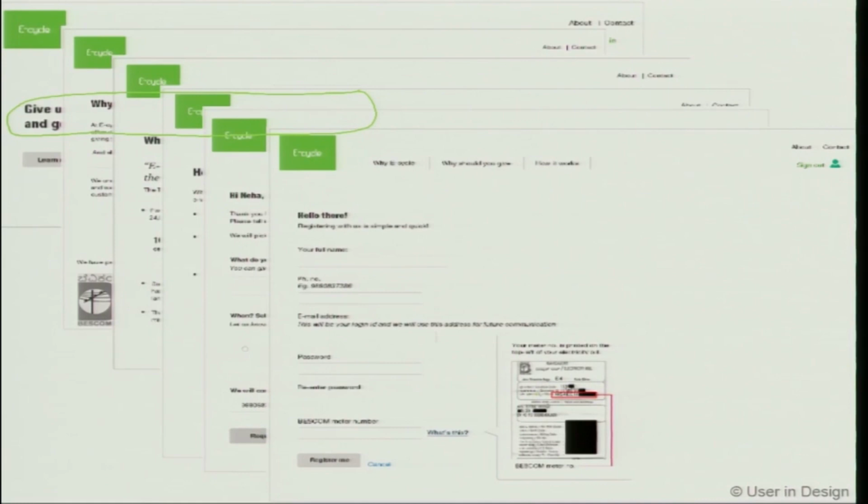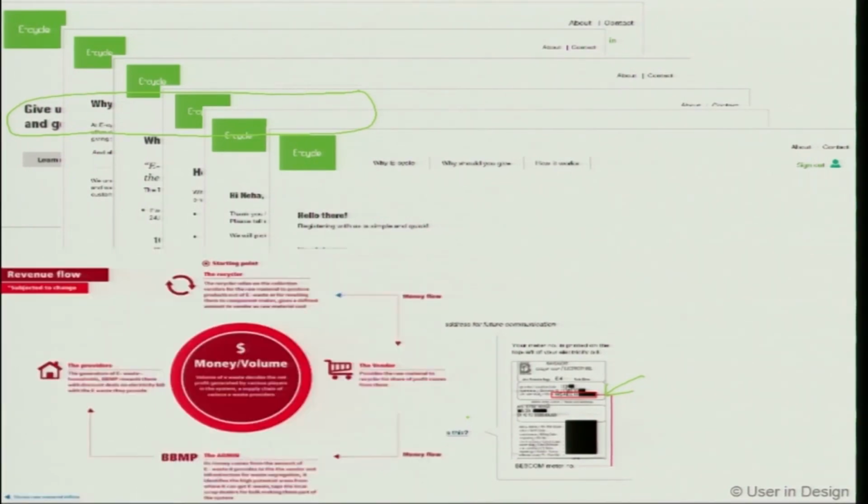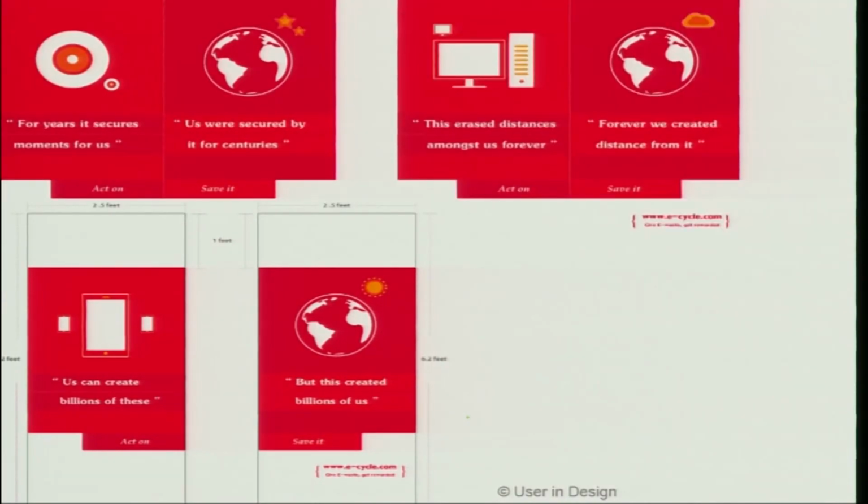Where do you get that from? Your electricity bill. Pointing it out to them, right? This is in your electricity bill at this corner, take this number, right? And this is how the revenue model was designed, and these are messages that were designed for the public buses in Bangalore, right? So that this could be put on the buses.